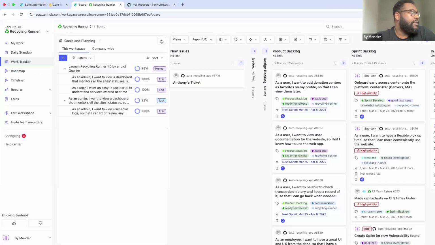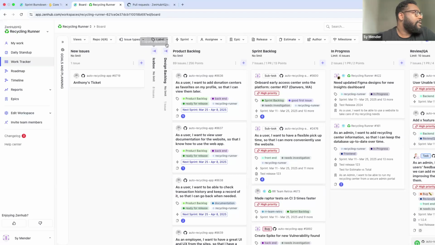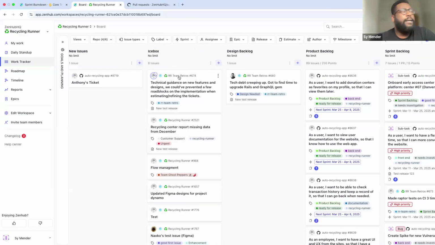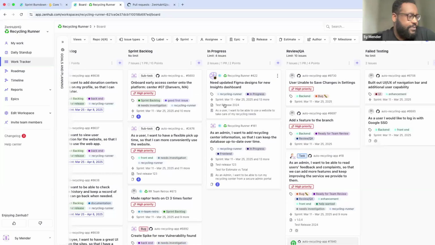I just need to refresh that really quickly. I'm not sure which pipeline I created that in, but it will be reflected on the Zenhub side of things as well. And again, we can pass that work off, continue to communicate, and create structure around all the conversations that we're having. Tie that right back to Zenhub and our project management solution.